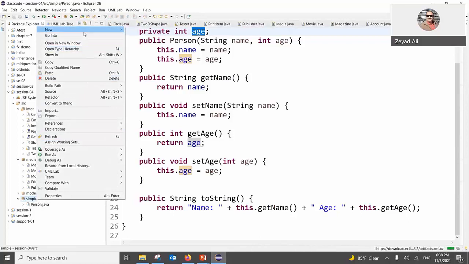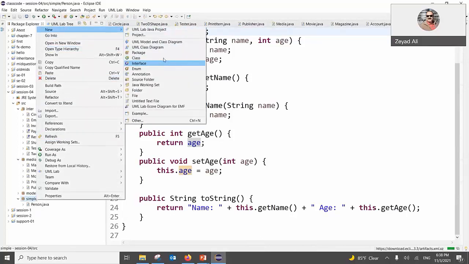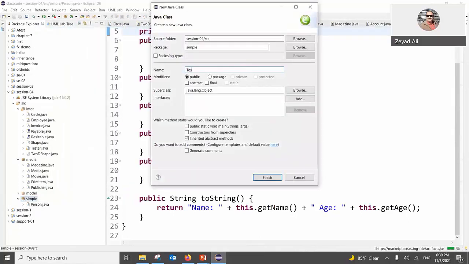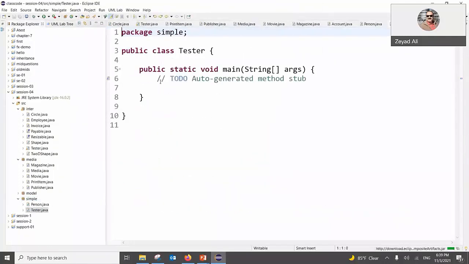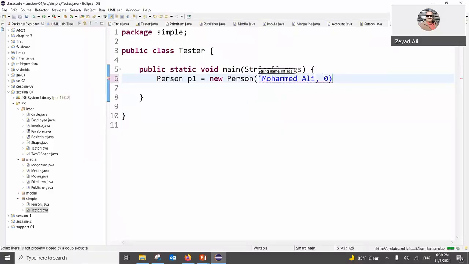We can write quickly a tester for this person, with a main class. Here we can say, for example, in the same package, person P1 equals new person. And in the constructor, as you see, we need name and age. This is Muhammad Ali, for example, and his age is 20.